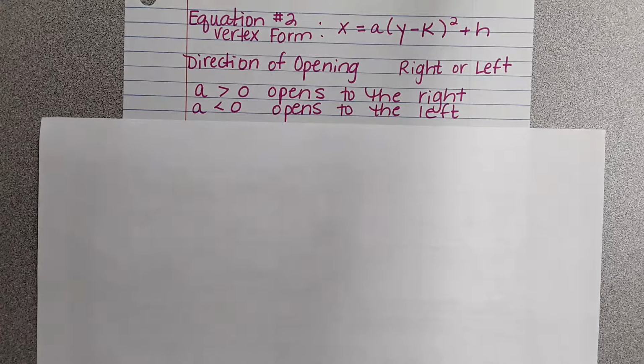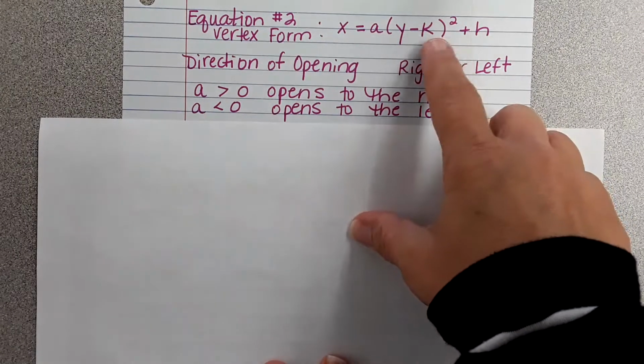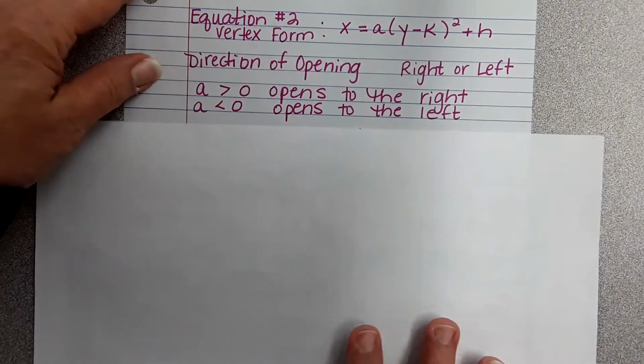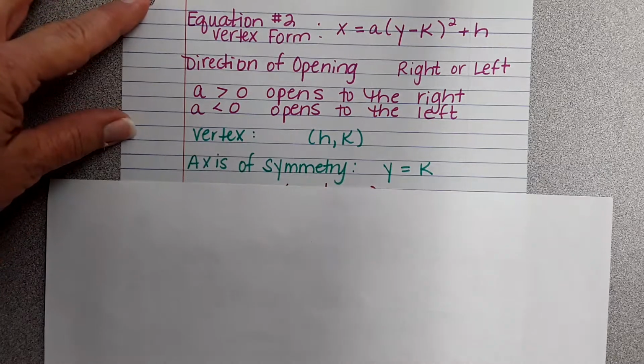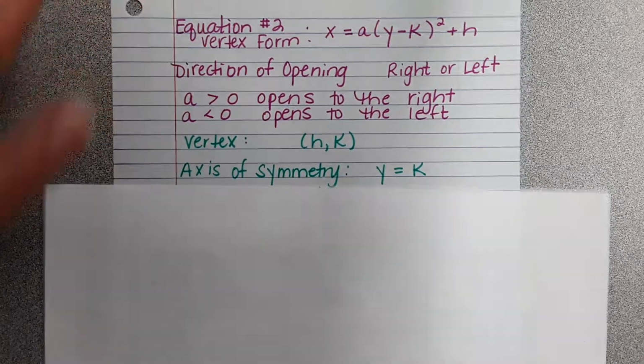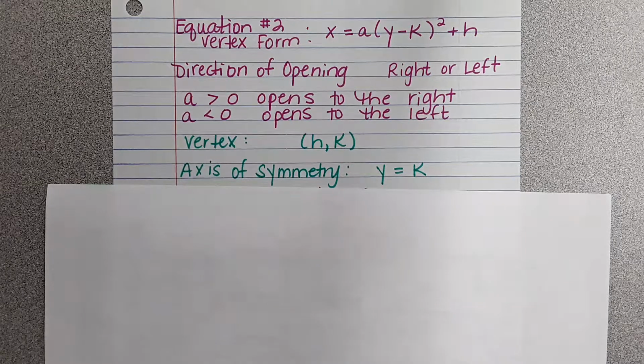You just have to decide, once you decide if it's a right or left equation, does it open up or down? Now, because it's y squared, a couple things are going to change. Notice that h and k have switched, but your vertex is still hk. Your axis of symmetry is y equals k, which makes sense since